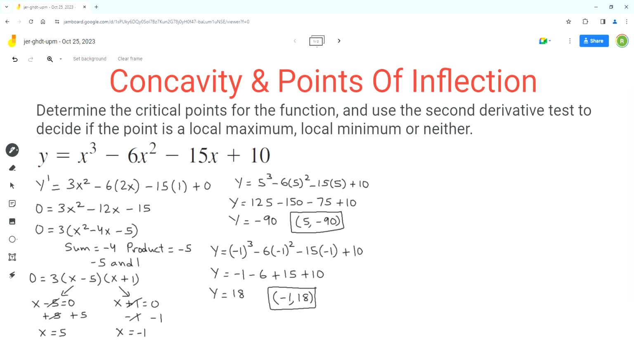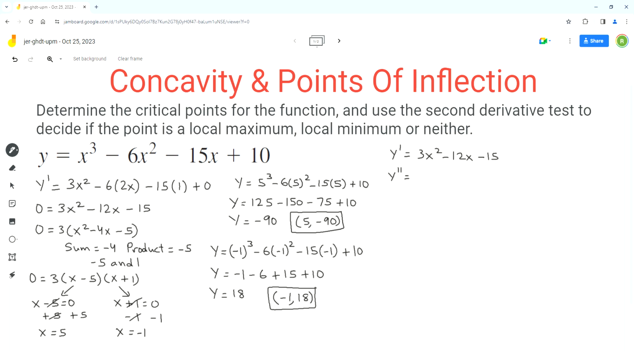Now we have to use the second derivative test to decide if the point is a local maximum, local minimum, or neither. So the first step is to find the second derivative of the given function. We'll use the y prime equation to find y double prime. So we got y prime as 3x squared minus 12x minus 15. Now we have to find the derivative of this y prime, which will give us y double prime equals,